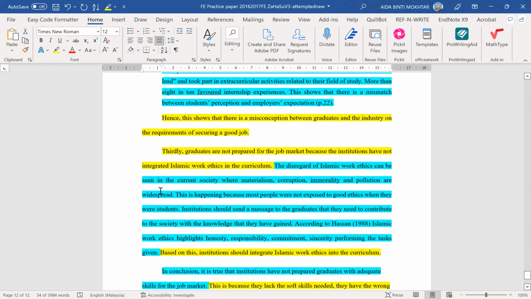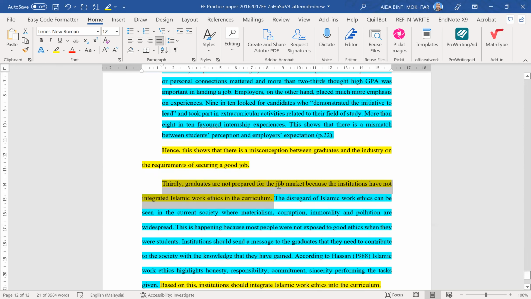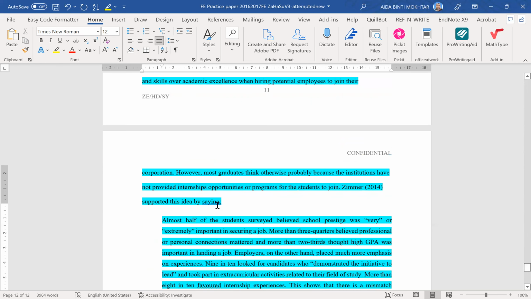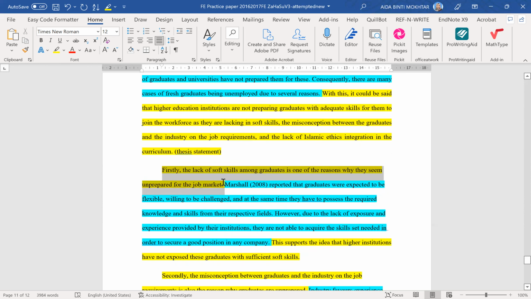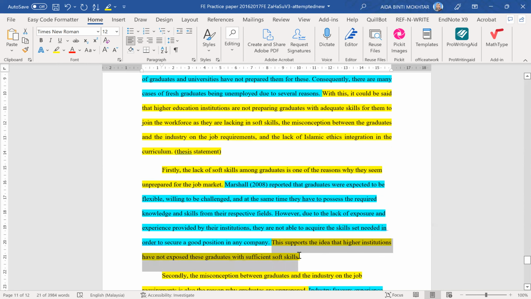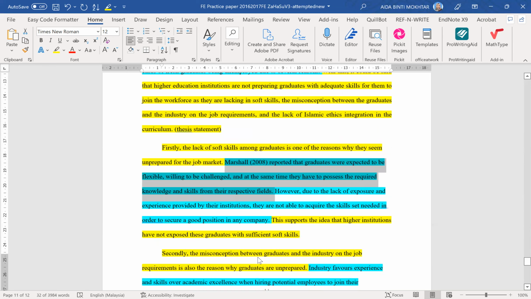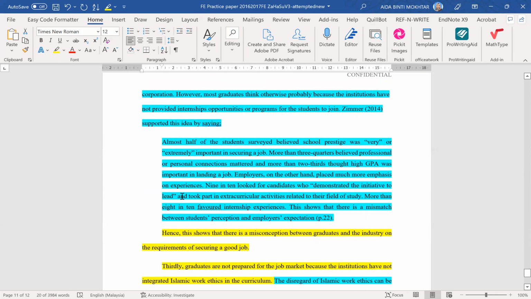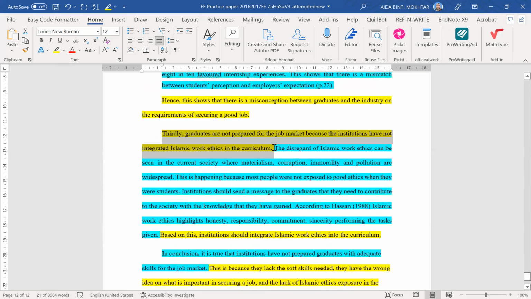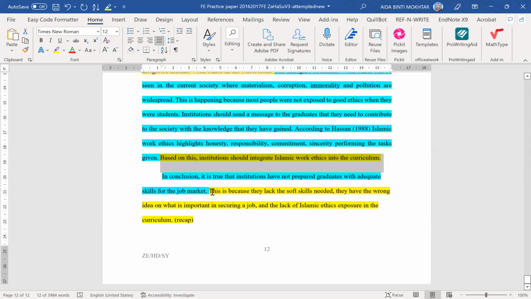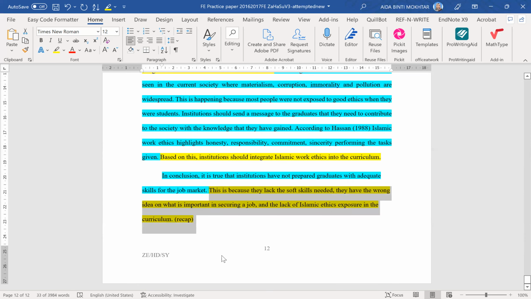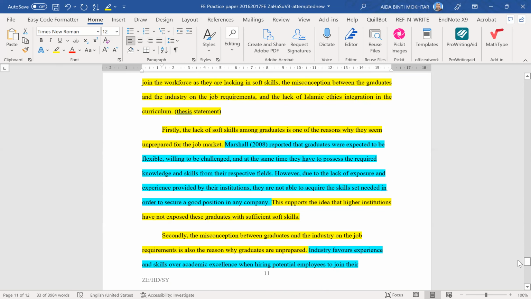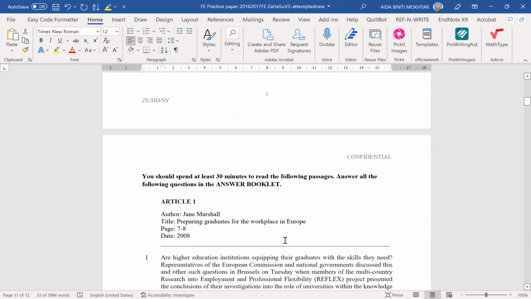And then you can see this is the third point, and if you notice, you have the first point, and this is a topic sentence, and then there's a concluding sentence, right? And this is the support, right? And then this is the topic sentence, and this would be the concluding sentence, and this would be the topic sentence, and this would be the concluding sentence. And then, of course, this would be a recap of the 3 main points. So that's it really. I think the paper is doable, and I think you will do well.